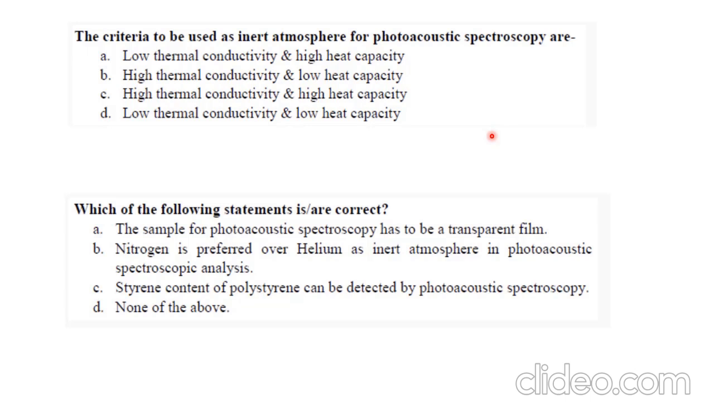Yeah, B. So it has to have a very high thermal conductivity and low heat capacity, so that the interaction can be possible. Then, which of the following statements is correct? The sample for photoacoustic spectroscopy has to be a transparent film. Nitrogen is preferred over helium as inert atmosphere in photoacoustic spectroscopy analysis. Styrene content of polystyrene can be detected by photoacoustic spectroscopy. None of the